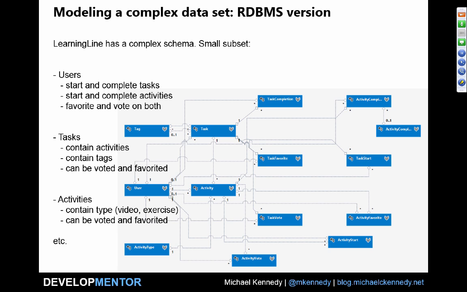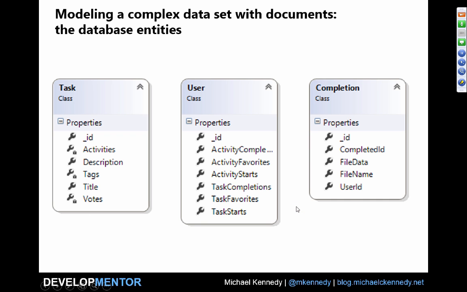So let's reimagine what this looks like from a document database. You ready? That's what it looks like from a document database. Super simple. We have a task. The task contains its tags. The task contains its activities and the things it votes on, and all these things are just contained within the task. So literally, to pull up that page, we have to touch these three tables, or collections as they're called in document databases.